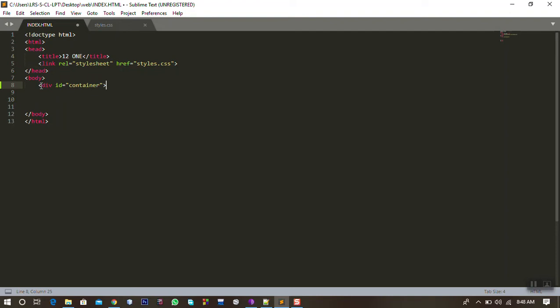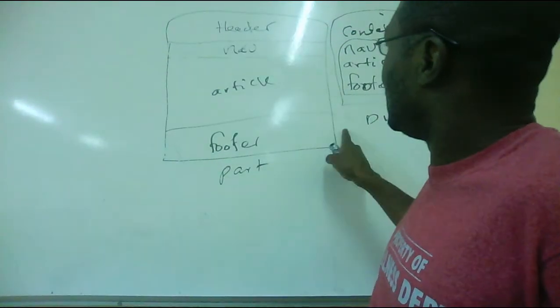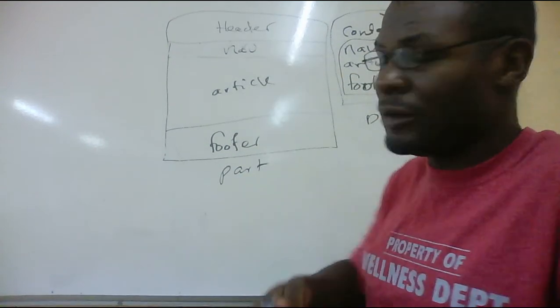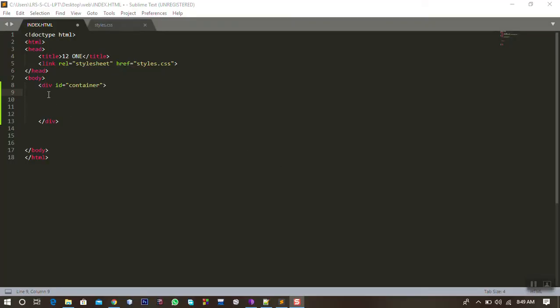I'm supposed to type that, and the div is closed. So this is the bigger div, and inside this div, that's where we're going to put the other 4 smaller boxes, like showing here. I've created this. Now inside this bigger box, let's put those smaller boxes. And to do that, we just go inside the bigger container, and I would say